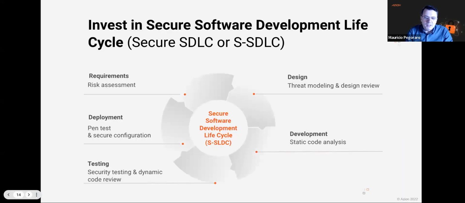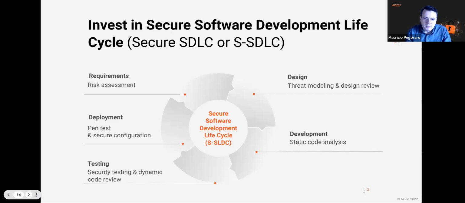So the first thing is a very fundamental practice that we need to adopt. And as I said, it's not new. It's something that's been here for 10, 20 years or more, right? But it's the concept of secure development. In the literature, what you're going to find a lot is the S-SDLC, or the Secure Software Development Lifecycle. And independent of the type of development that a company runs, agile, the old waterfall, extreme programming, whatever is